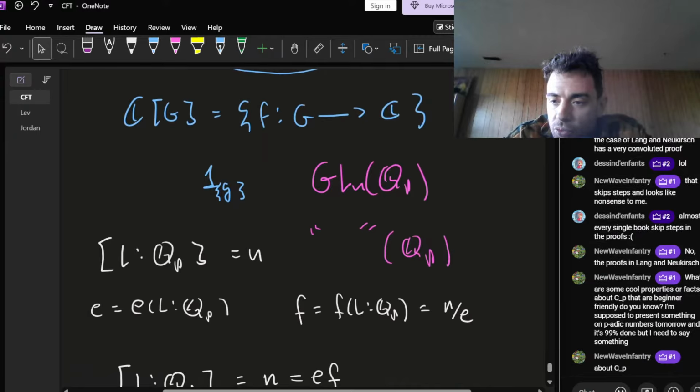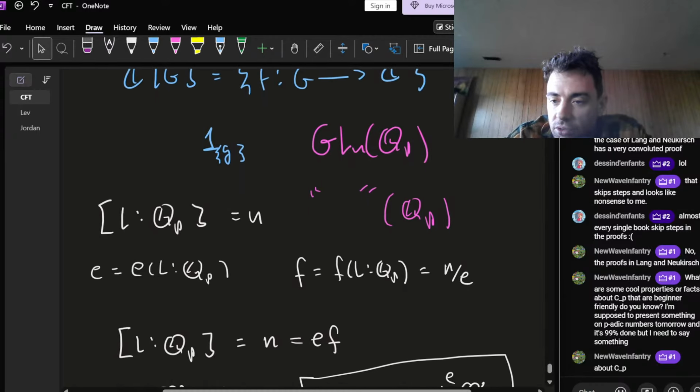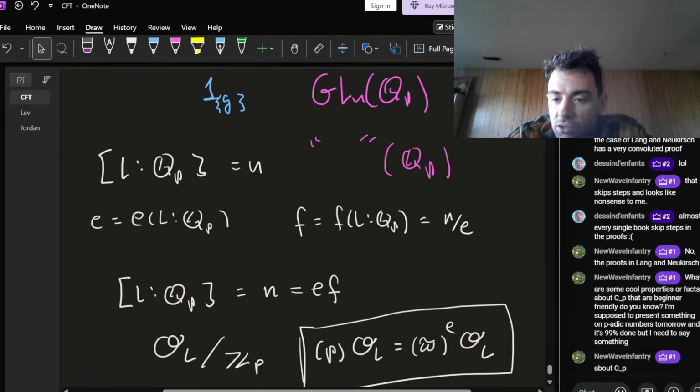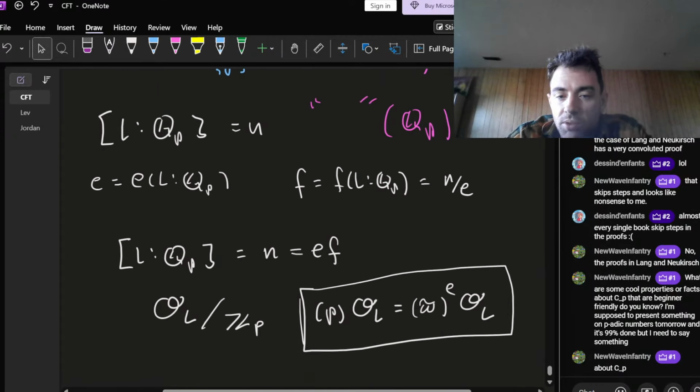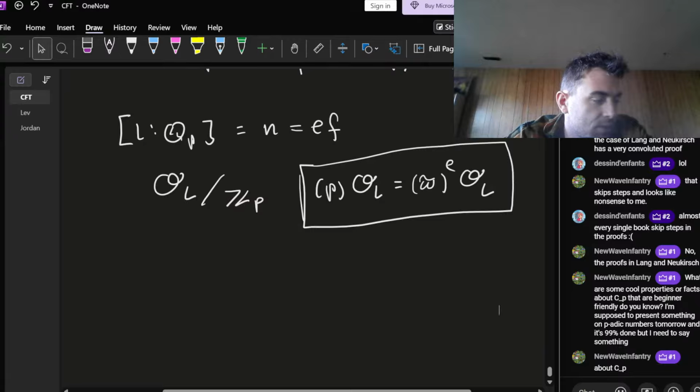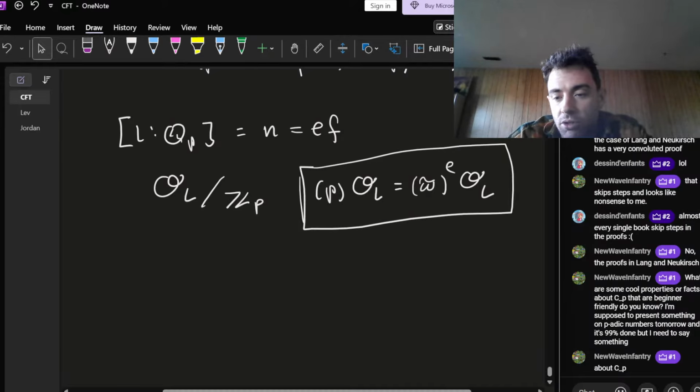What are some cool properties or facts about C_p that are beginner friendly? You're supposed to present something on p-adic numbers tomorrow, and it's 99% done, but you need to say something about C_p. Yeah, off the top of my head, I don't know. I would just search a random PDF, but